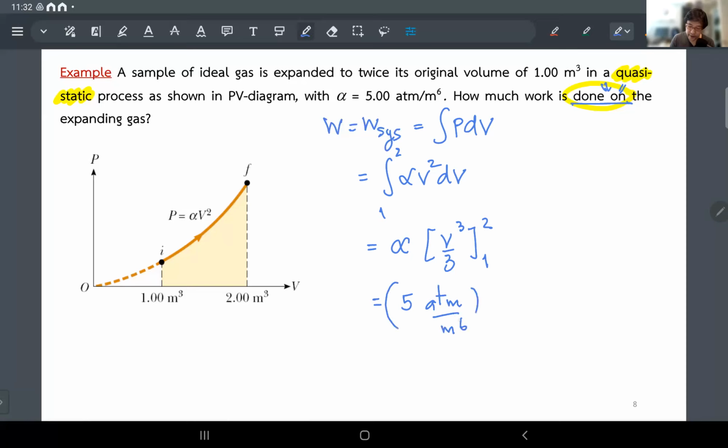Yeah, that's an alpha. The volume. Okay, that is a third. Let me pull out the constant 1/3, and this is just going to be V final cubed. So that's going to be 2 cubed, subtract 1 cubed right there. All right, guys, that's it. So it's going to be, what is that? 7/3